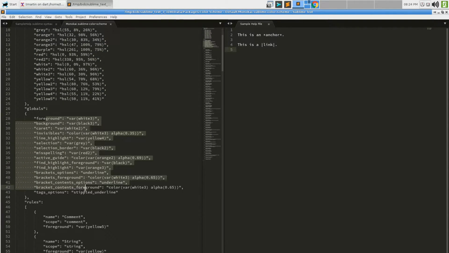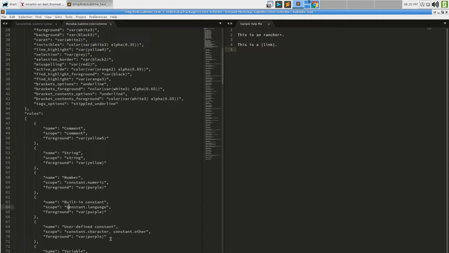Then this global section sets colors for various things like the foreground text, the background text, caret, blah, blah, blah, using those variables, possibly also by defining new colors based on existing variables and changing the alpha. So this, for example, makes white space sort of the same color as whatever white 3 is, but a little bit darker because we're seeing through it.